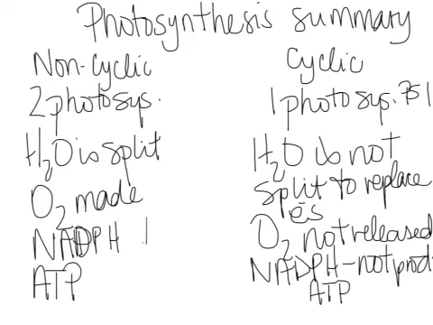All right, don't forget that the whole point of going through the light-dependent reactions is so you can make your NADPH, your electron carrier, and your ATP, your energy. We're going to need both of these in order to make glucose, which is going to happen in the Calvin cycle. So let me see if I can find a way to add